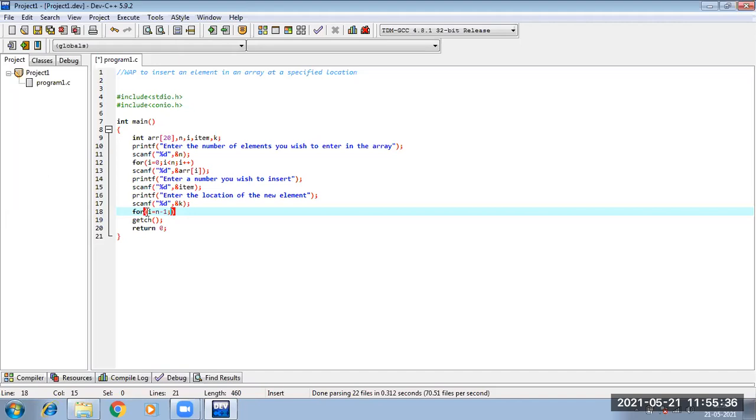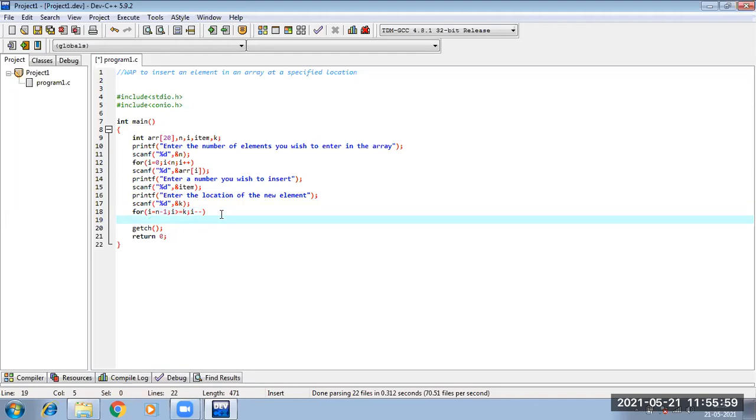Yes, perfect. Very nice, Ashish. For I greater than or equal to k. Perfect. And my concept was I was incrementing I or decrementing. What will I write here? I plus plus or I minus minus? Right. Very nice. Perfect. I minus minus. Nikhil, yeah, you also did it right. Good. So this is the for loop condition.